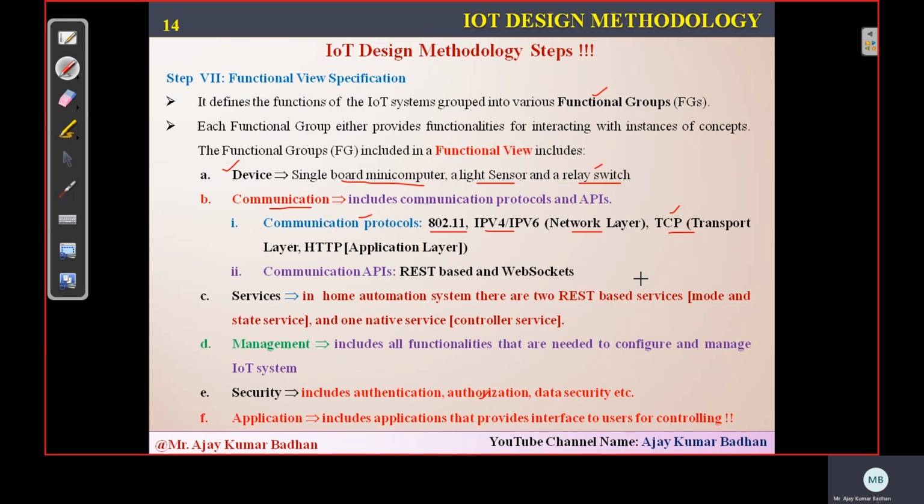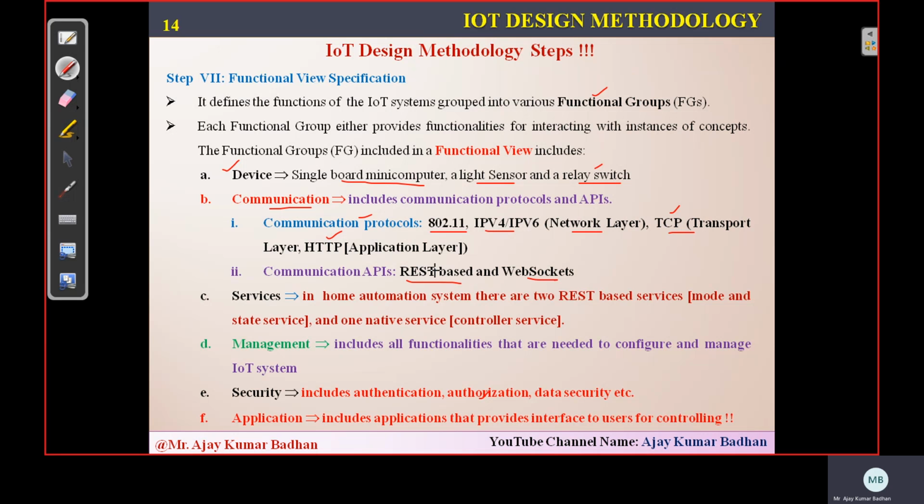Why? Because we are not storing information in the cloud. Locally we are maintaining it, so we can use a TCP connection, which is purely reliable. And then coming to the application layer, we might be using HTTP, that is Hypertext Transfer Protocol. Now, coming to the API, for these applications to provide the interfaces, we already discussed in the first unit the sockets.